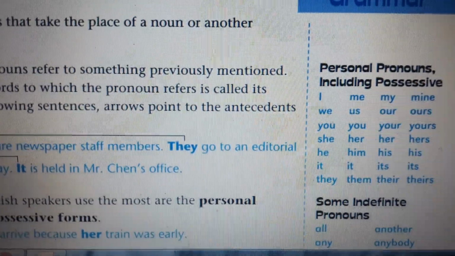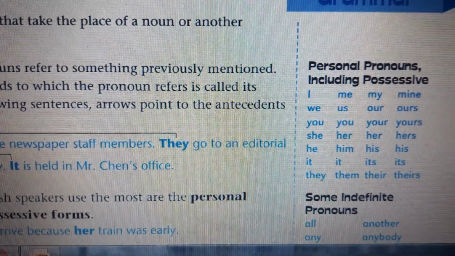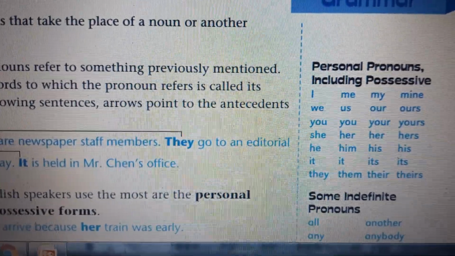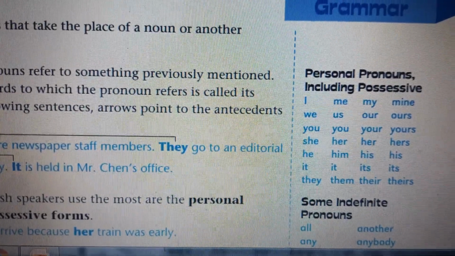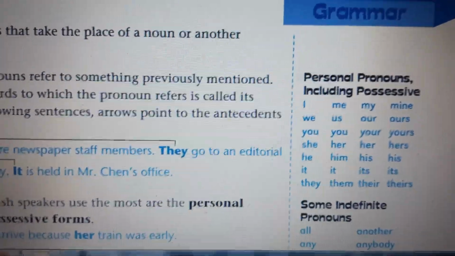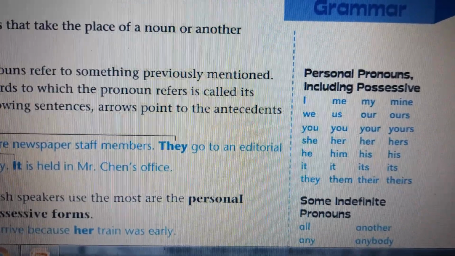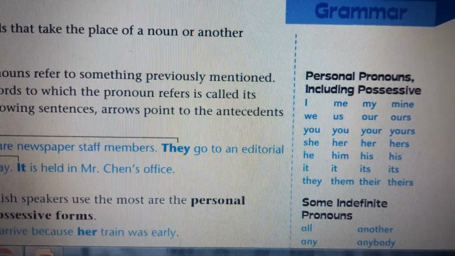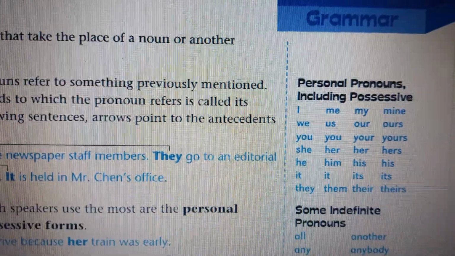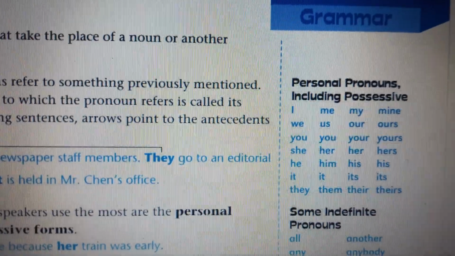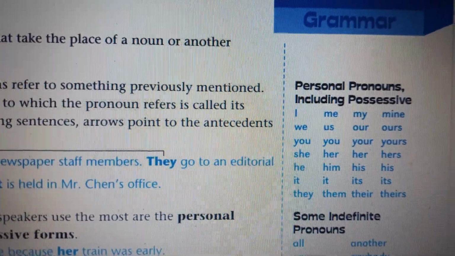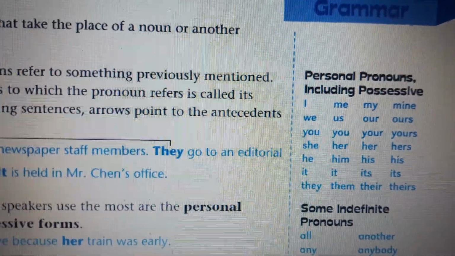First, we have personal pronouns, including possessive: I, me, my, mine, we, us, our, ours, you, yours, she, her, hers, he, him, his, it, its, they, them, theirs. I believe that you know all of these. You just have to take a look at these so you can refresh your memory. Okay,